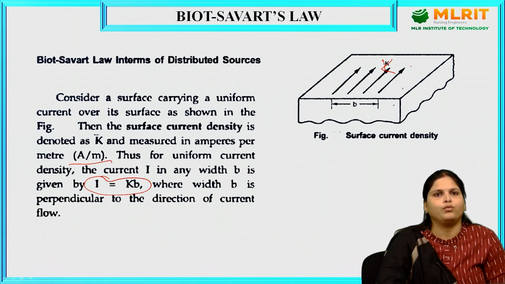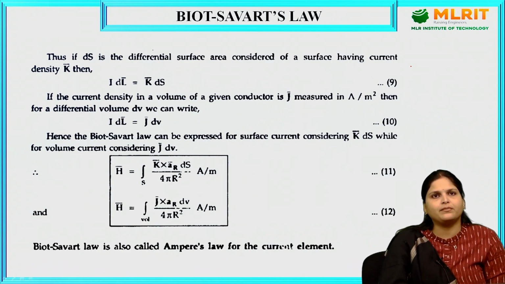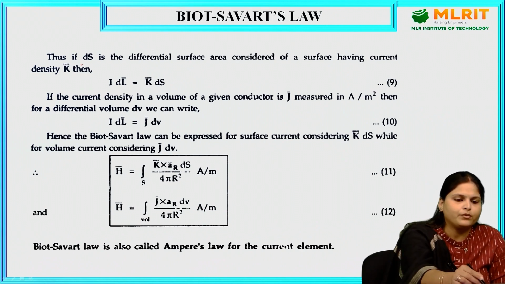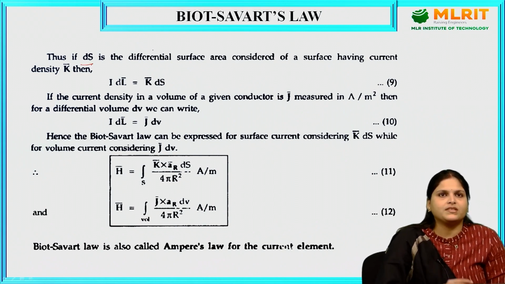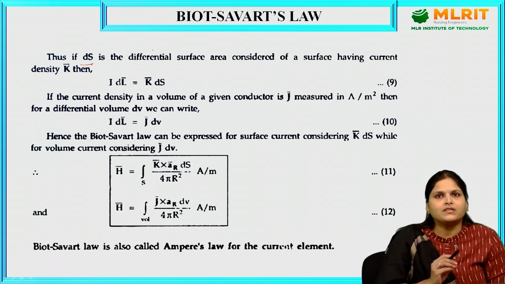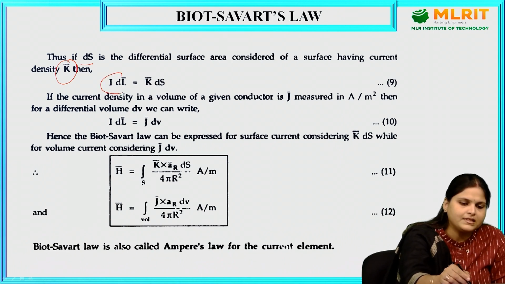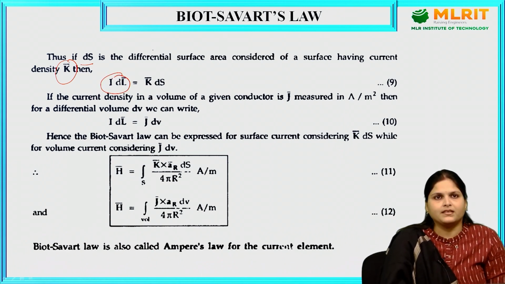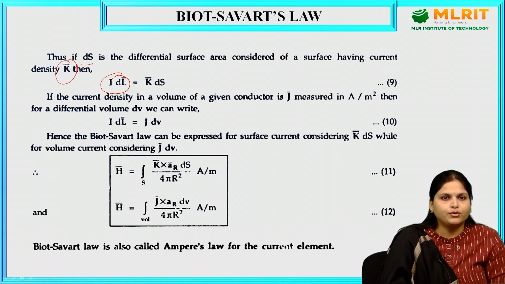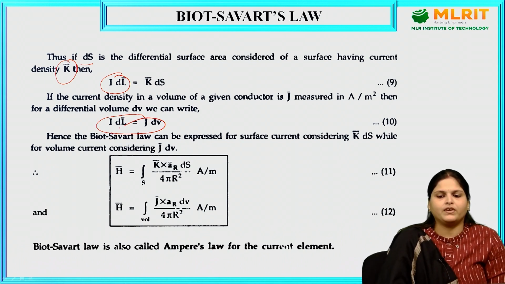where this width b is perpendicular to the direction of current flow. Also, because we are talking about a surface, we have to consider this dS, the differential surface area of a surface having current K. Then this term I dl becomes K dS for surface current. If we want to take volume, then I dl becomes J dV, where J is measured in ampere per meter square,